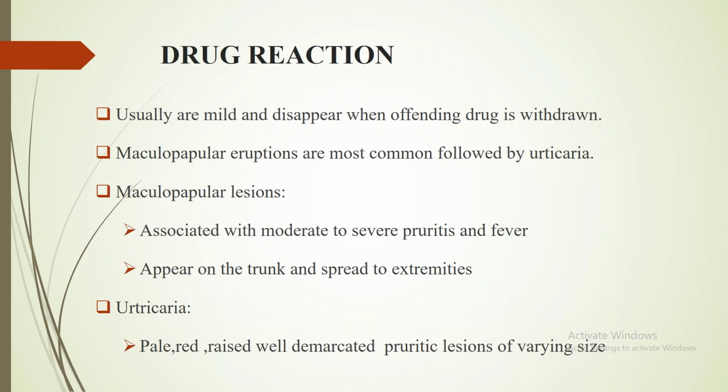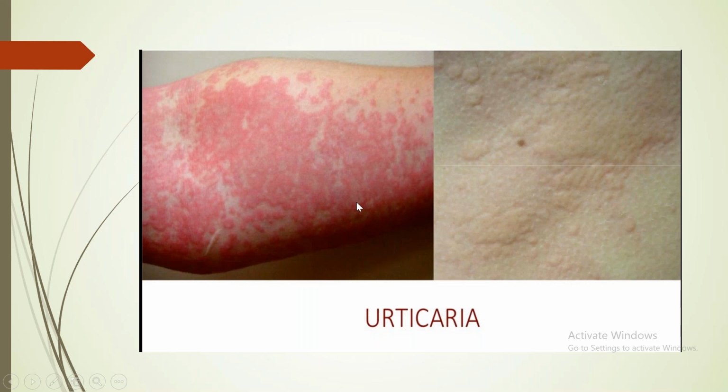This is a typical maculopapular rash with extensive pruritus. Drug reactions sometimes are usually urticarial rashes. Urticarial rashes are those wheals, if you remember, I showed them initially. Those wheals have extensive pruritus and are mostly seen after transfusion reactions or acute reactions. So that is the most difficult task for us, to differentiate between them. Urticarial rash can occur after an insect bite also. So you have to be very, very sure what kind of thing you are dealing with.